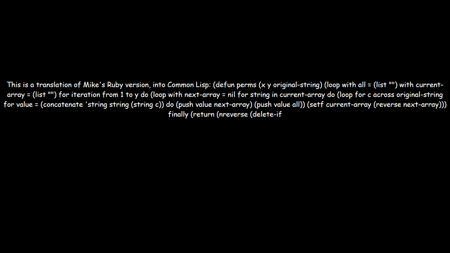Slightly shorter and using more loop facility features. (defun perms (x y original-string) (loop repeat y collect (loop for string in (or (car (last sets)) (list "")) append (loop for c across original-string collect (concatenate 'string string (string c)))) into sets finally (return (loop for set in sets append (loop for l in set when (>= (length l) x) collect l)))))